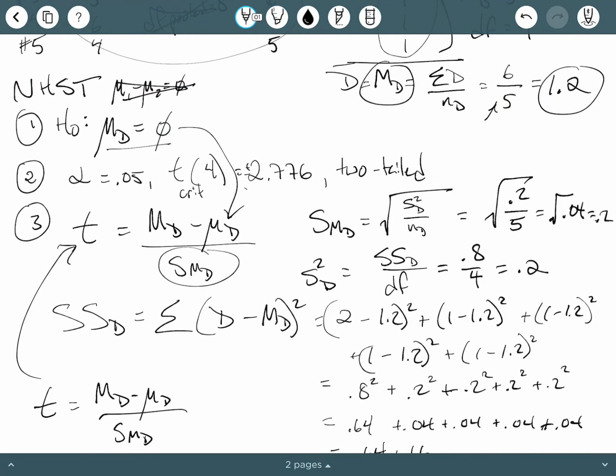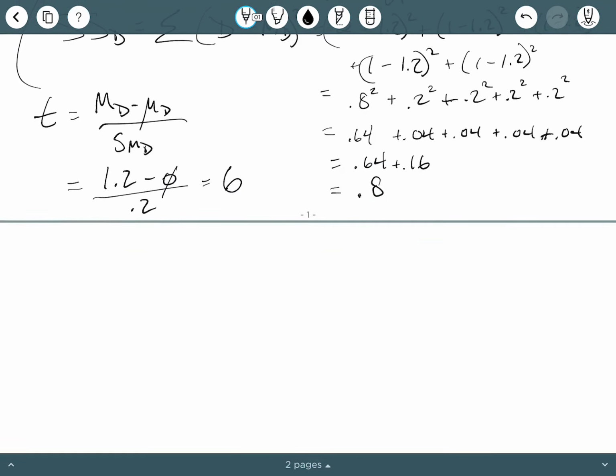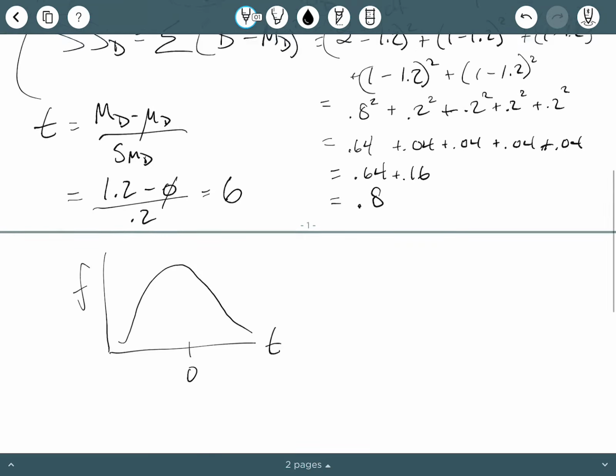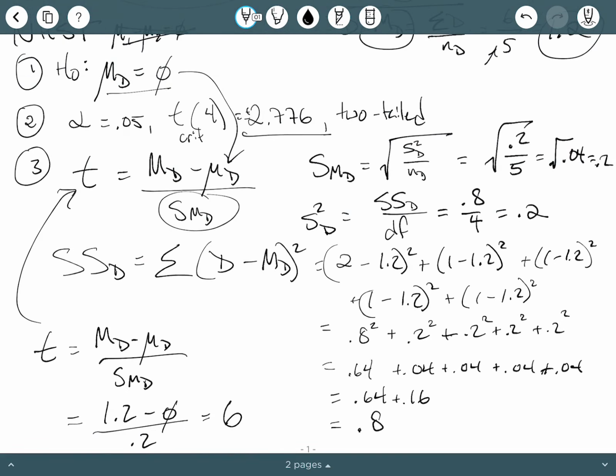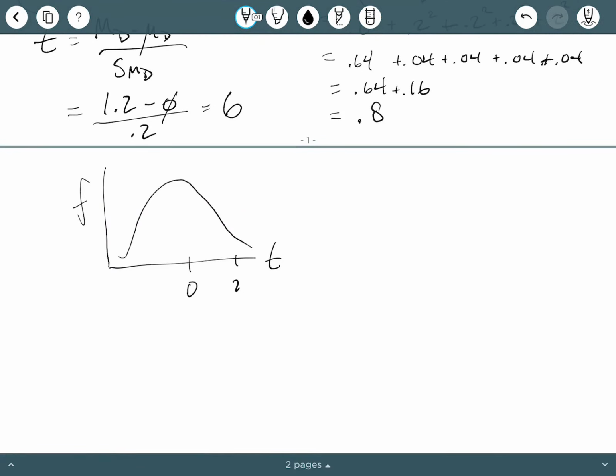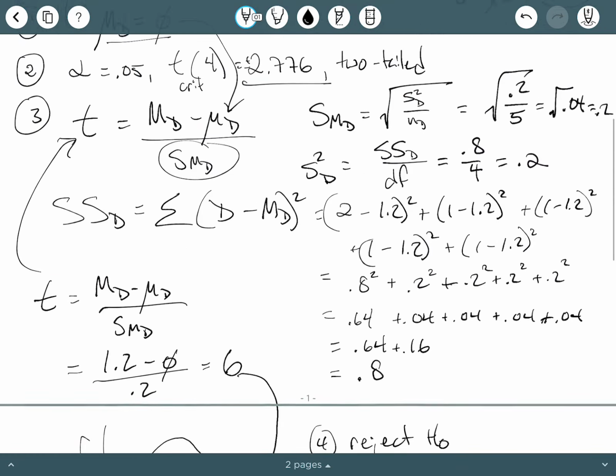So if we look, where's our critical region here? Well, it helps to draw it out. If we do the frequency distribution of t, which is again centered at 0, and we decided that our critical values were plus and minus 2.776. Right, shade in that critical region. All right, where is 6? Well, it's way out here. It's above 2.776. So our decision is to reject the null hypothesis and conclude that, well, how do we know